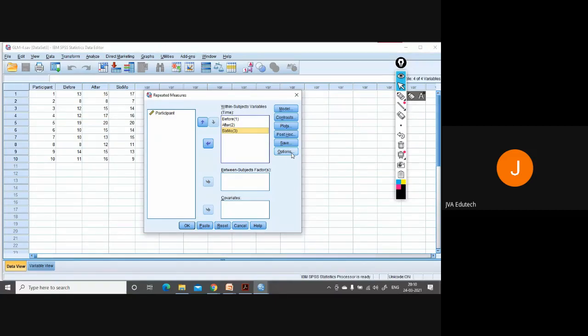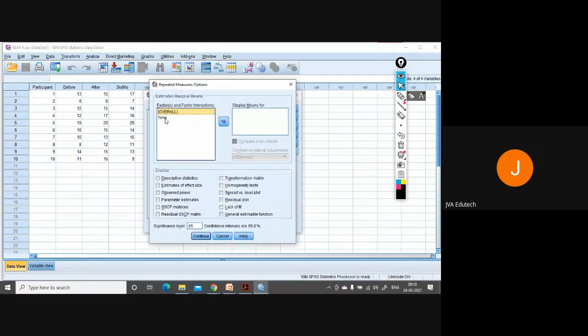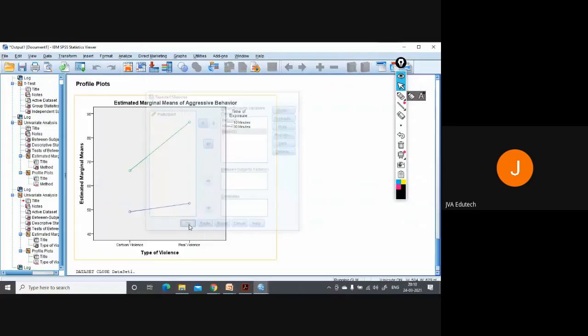Now select options, and we want a profile plot for time, because three levels of time, we want to see how their performance changes, descriptive statistics, estimates of effect size. Okay, we will select and click on continue.